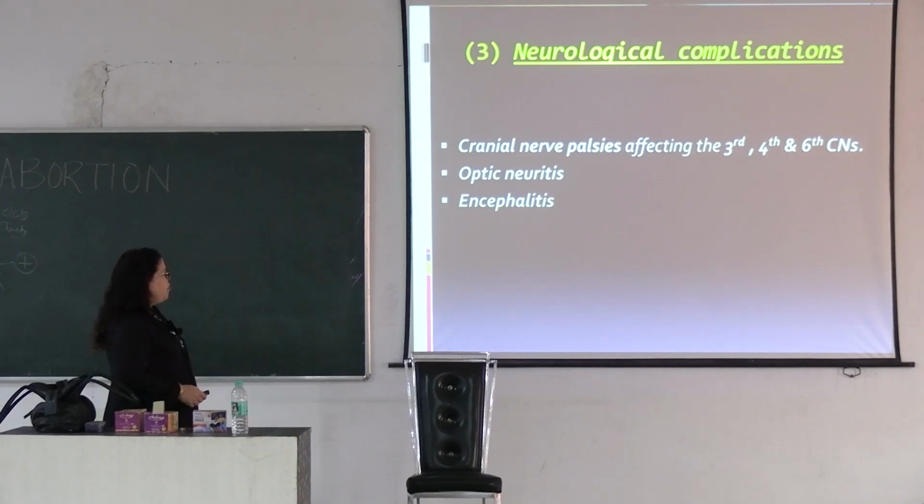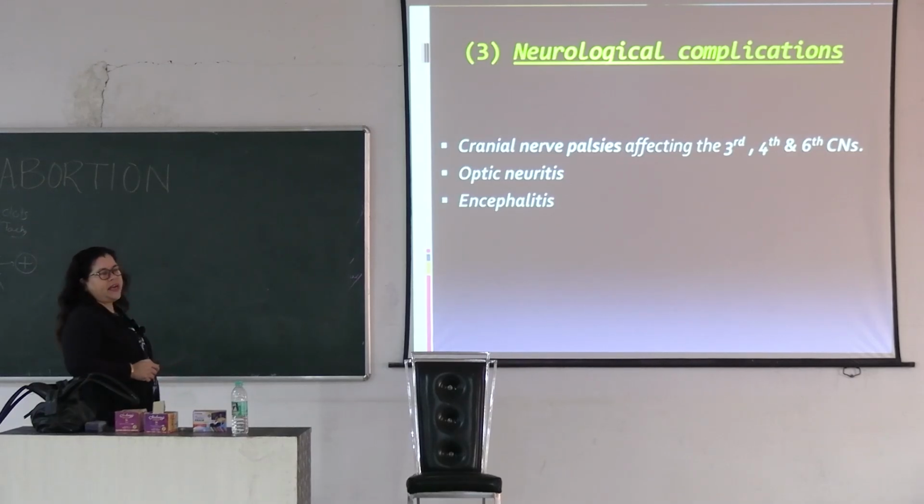Then neurological complications. Herpes zoster virus also affects the nerves, so palsies of the cranial nerves occur, involving the third, fourth and sixth cranial nerves. And the optic nerve is which cranial nerve? Which number? Second, and the first one is olfactory,